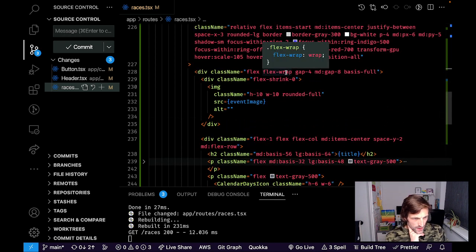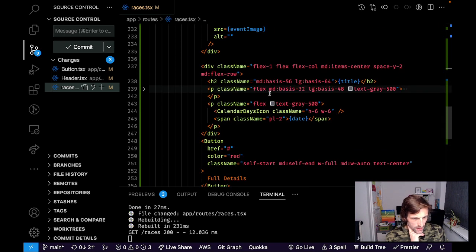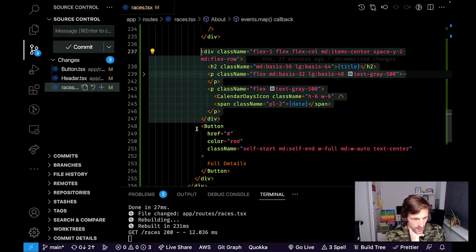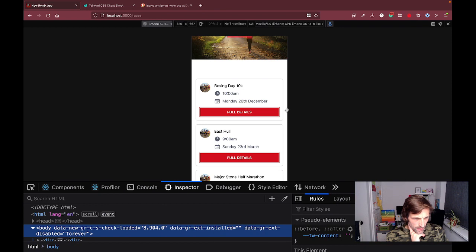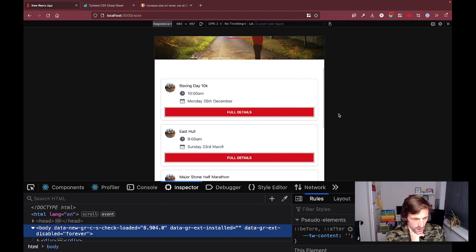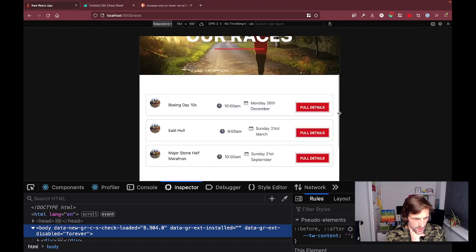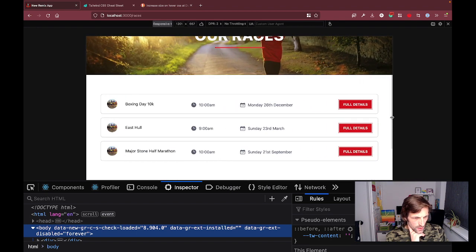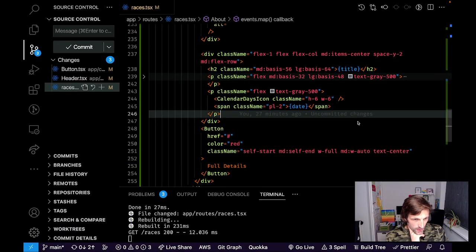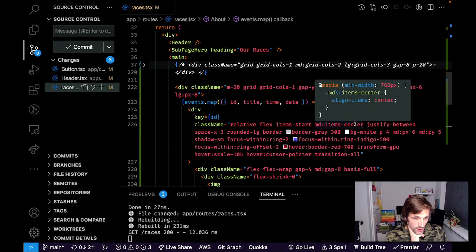Combination of using flex wrap and then giving the various elements a basis. I put the heading and the paragraphs inside their own div, and the buttons at the end. That way we get this effect where it goes underneath. That'll be full width, and then eventually, once there's enough space, it goes to the right. There's a part of me thinking that I probably should have used grid. I might go back and do that at some point,